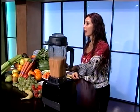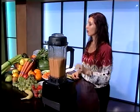Incorporating smoothies, fruits, and vegetables into your routine will absolutely help your digestive system. And we said by incorporating acidophilus, live and active cultures in your yogurt, if you choose to use yogurt, you're also going to help your digestion because you're adding in the good bacteria that your intestines need to help digest foods. But the one tip that most people skip that will really kickstart your metabolism every morning and will absolutely